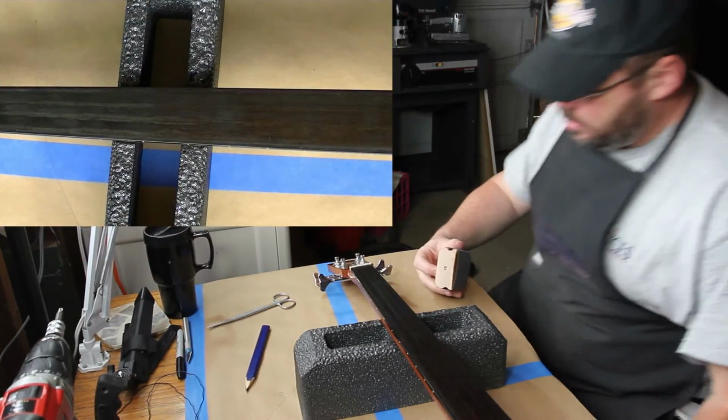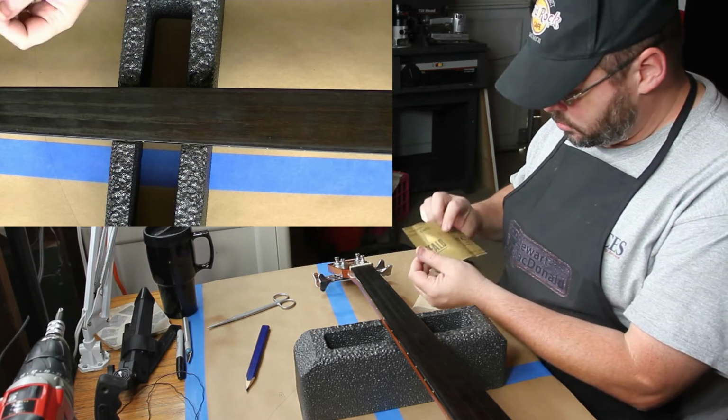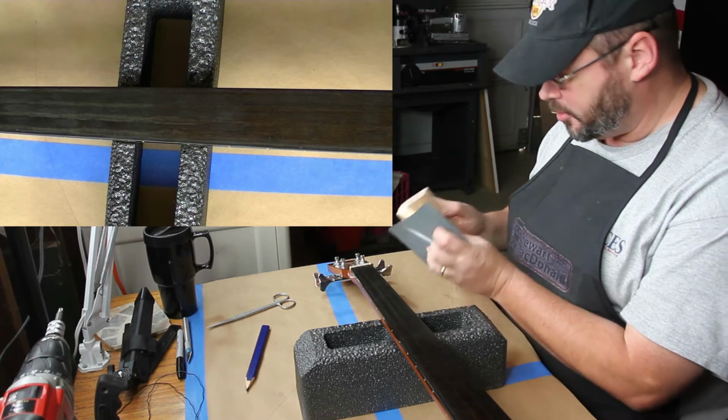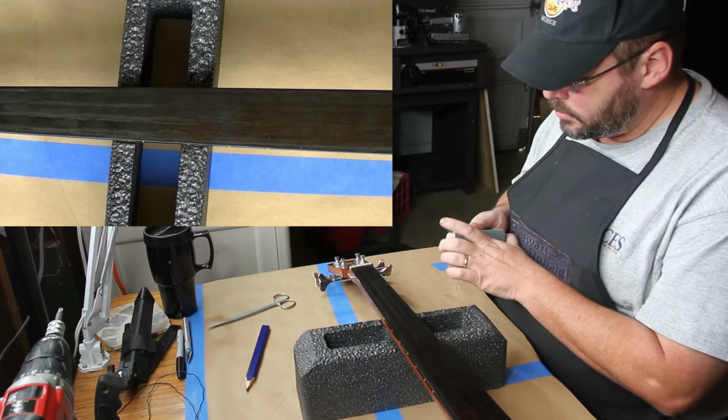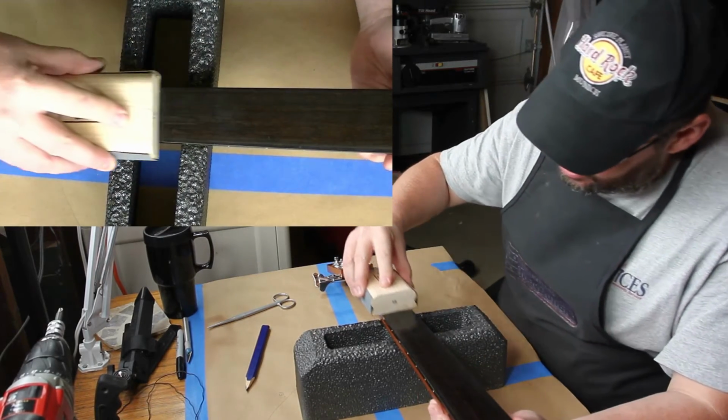I've got 1,000 grit sandpaper, and now we're just going to very slowly